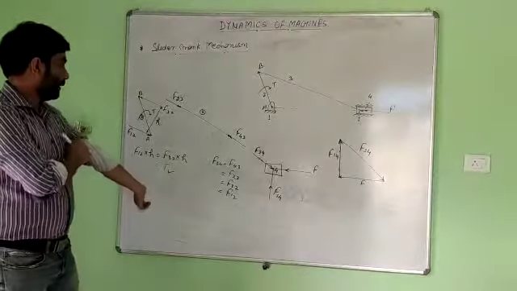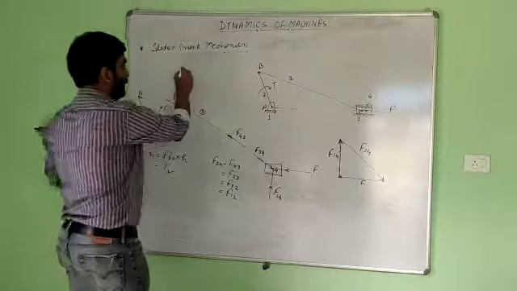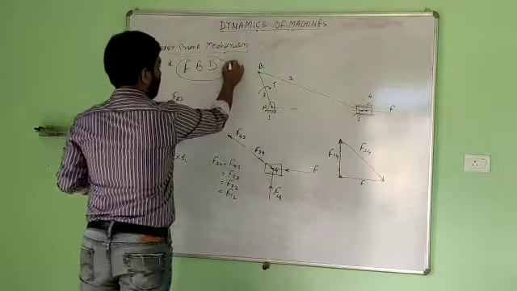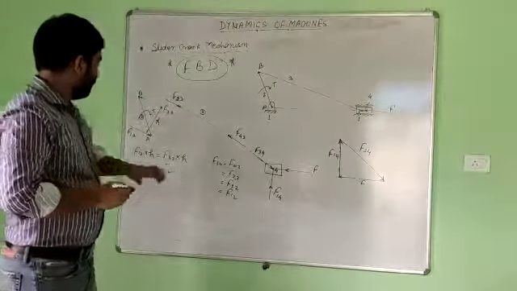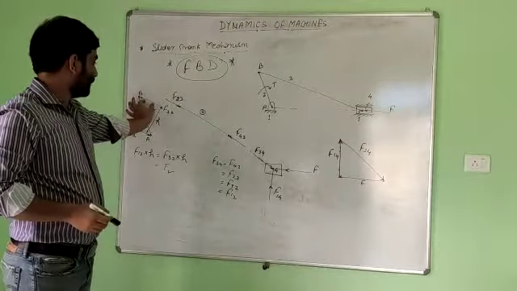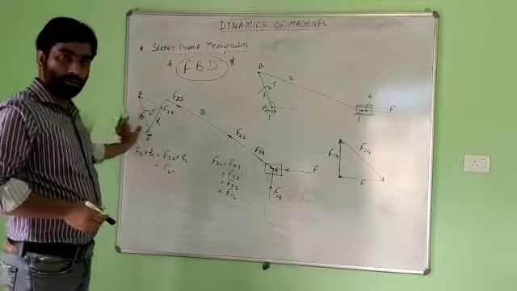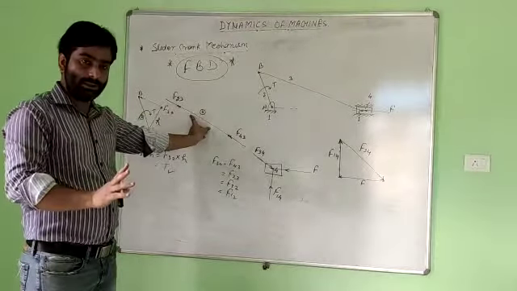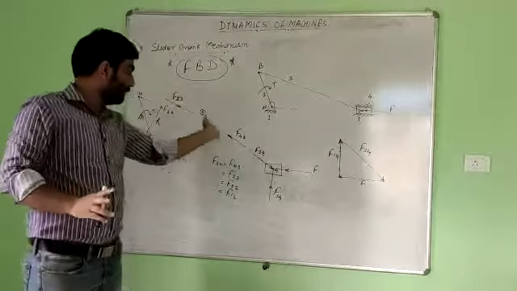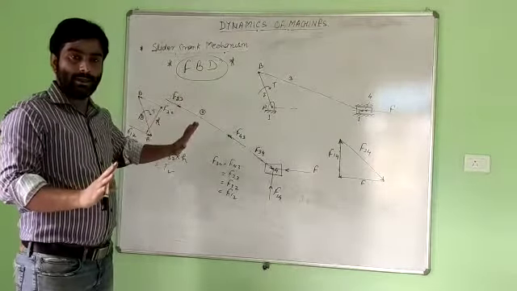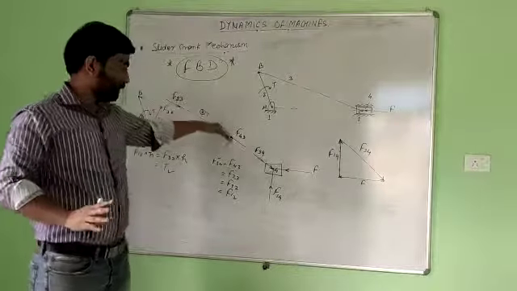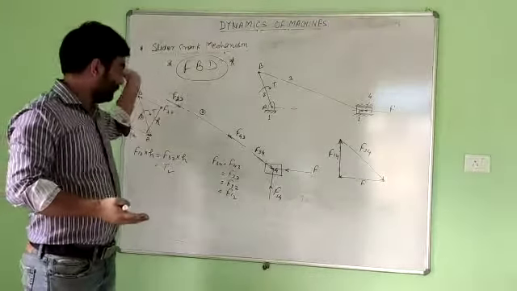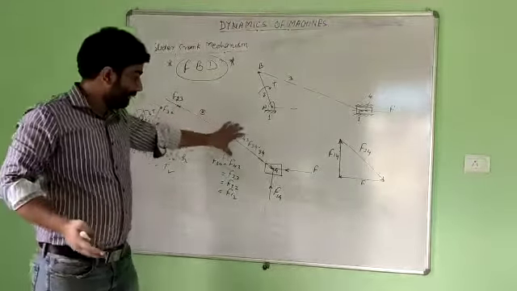The important part is that you have to understand how to draw the free body diagram of each and every component. First of all, we don't have the direction and magnitude of F32 or F12, so we will not start from here. At this point we have the direction. If a member is subjected to two forces in equilibrium, then the force will act along the member. So we have the direction, but we don't have the magnitude. We have the line of action of force, either tensile or compressive, but we don't have the magnitude. So we will not start from here. We will start from here.